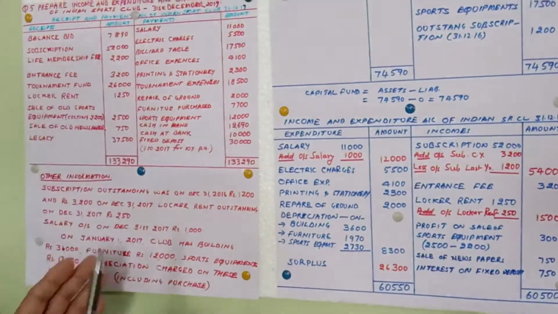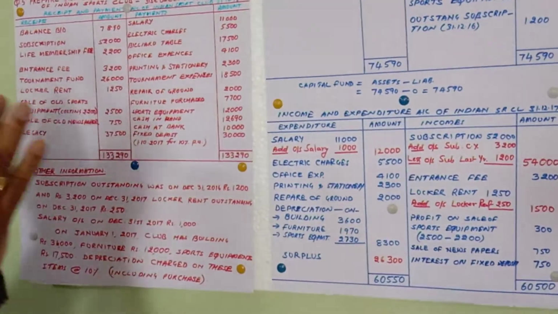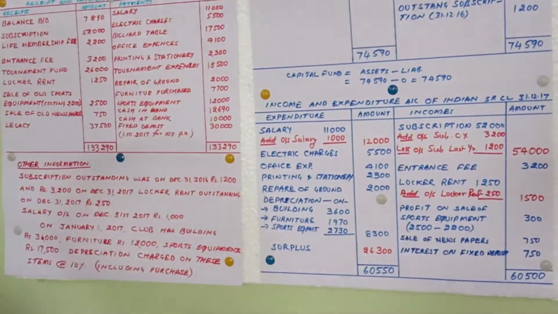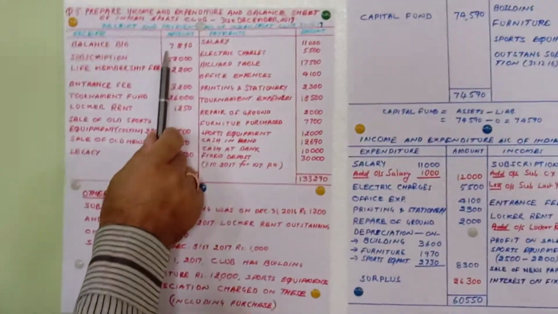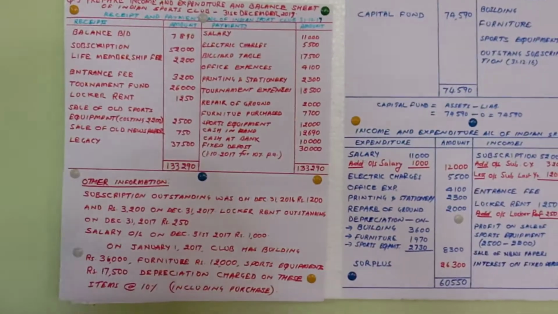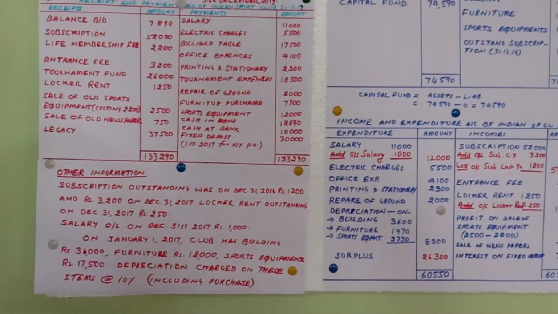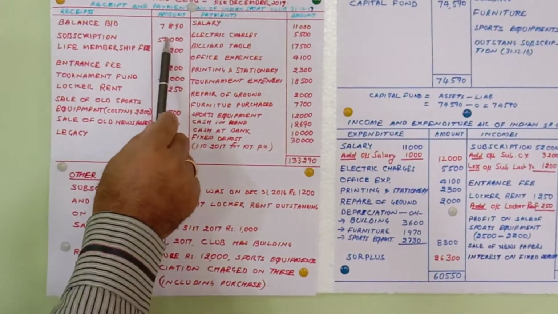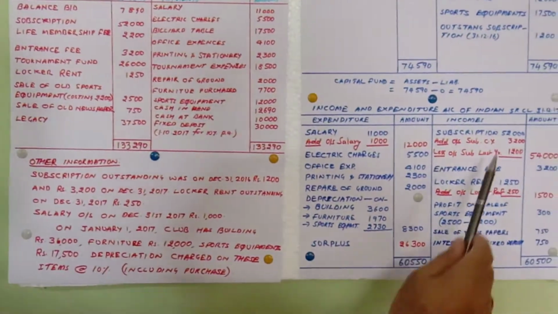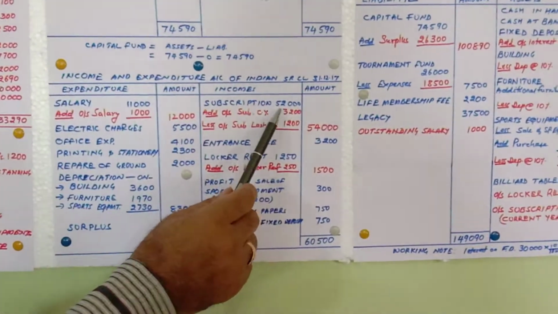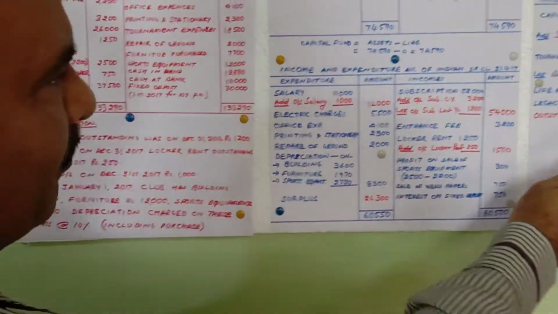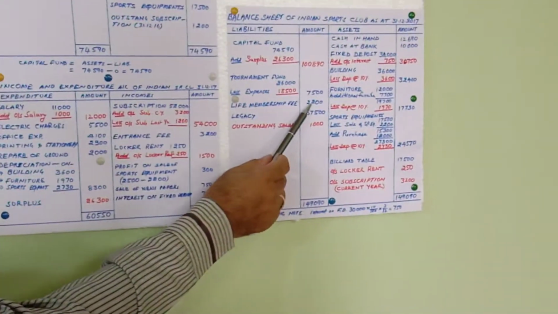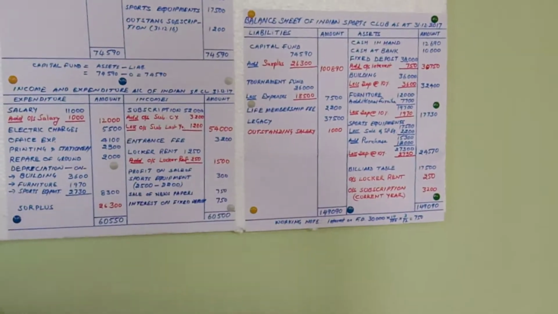So that means we have posted all items from the payment side. Now coming to the receipt side, the first item of the receipt side, I have already taken as cash, opening cash in the opening balance sheet. Then subscription, 52,000 rupees, I have taken here. Then life membership fee also I have taken as a capital item, because life membership is a capital item.